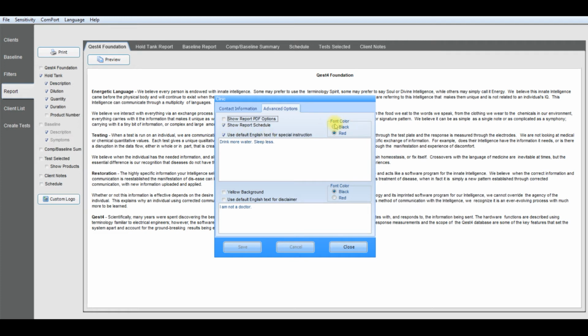Over here, you can choose the color. Let's pick black. The disclaimer, if we put a check mark in this box, it'll use the default English text for disclaimer. If we want it highlighted in yellow, we just put a check mark here next to yellow background. And let's say we want it to be red text. So if this is how we set it up and we click save,